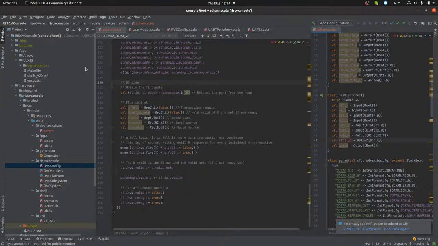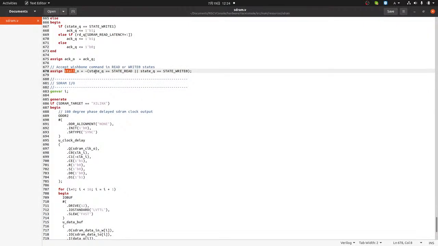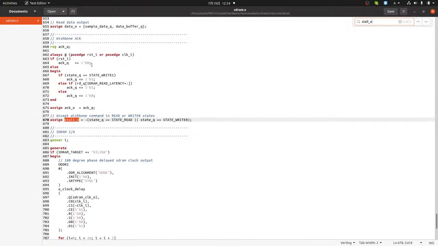Wait, what? We have a stall and we have an ack. Why not just use ACK for that? When the state is not read or not write, 0. What about the ACK? The ACK is 0, and if it stays right,